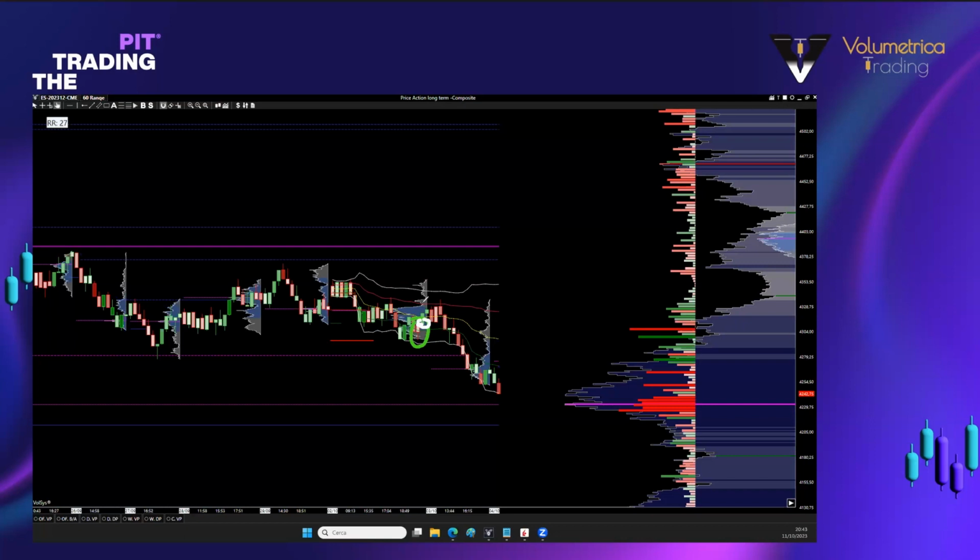But if it's an up bar, why does it come with a red color? Well, according to this setting,